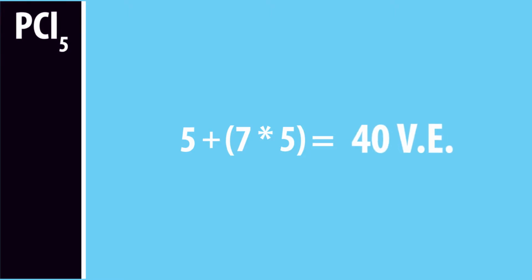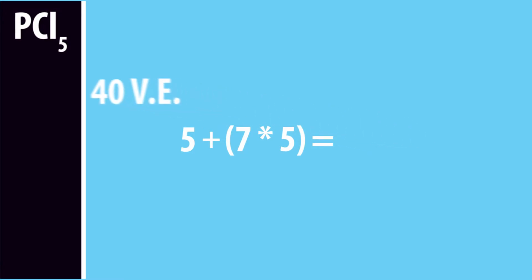Starting with the Lewis structure, we first have to count the total amount of valence electrons the molecule has, which will be 5 from the phosphorus, and then 7 times 5, which is 35, from the 5 chlorine atoms. Adding them all together will give us a total of 40 valence electrons that we have to represent in the